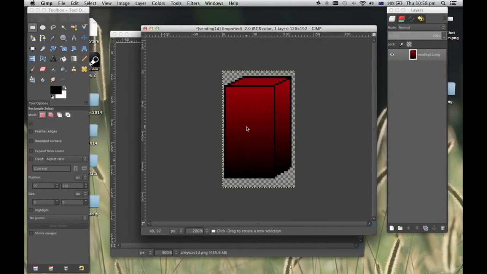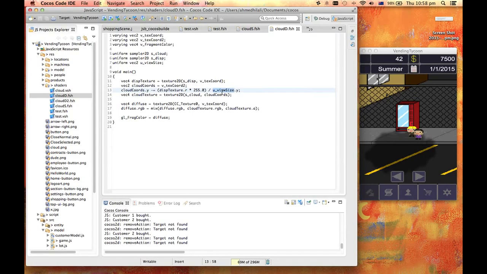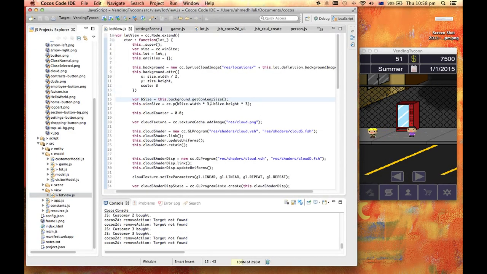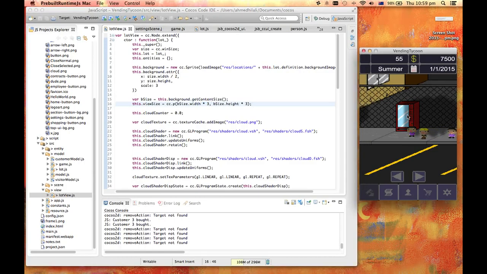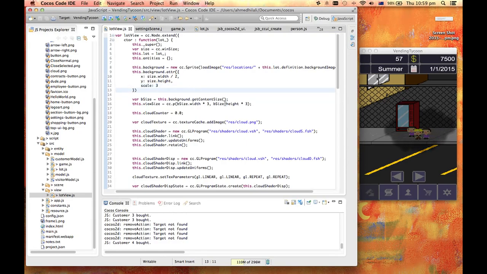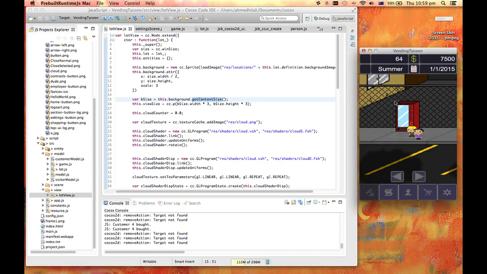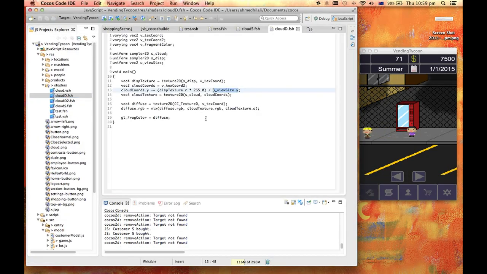So we're just recreating what we have here. And then we divide by the view size and the y. And you'll notice I'm multiplying by 3 here. That's because we scale up the sprite by 3. So I'm getting the real width and height. Otherwise, if I just get the content size, the value it'll give me is only a third of the real size. So going back to the shader,